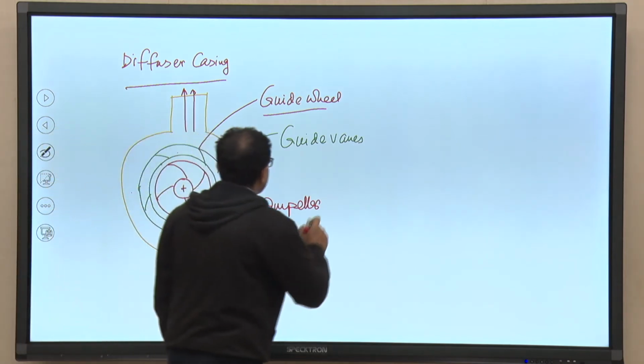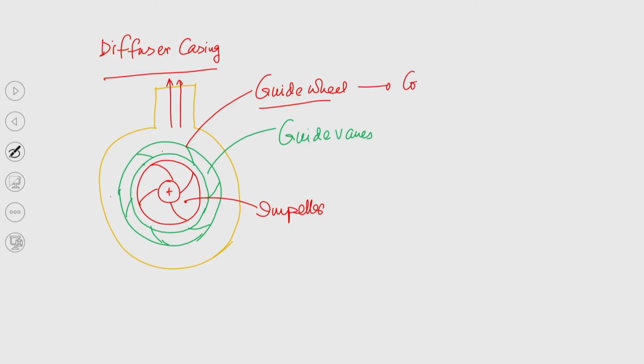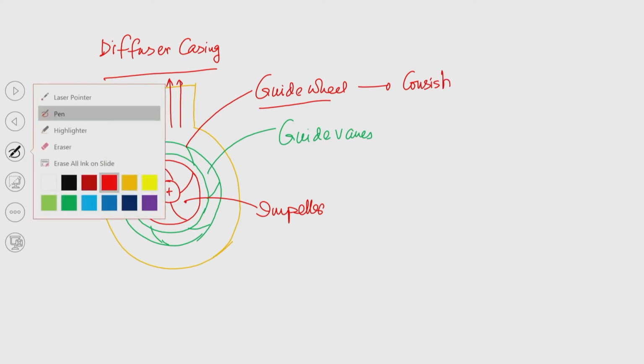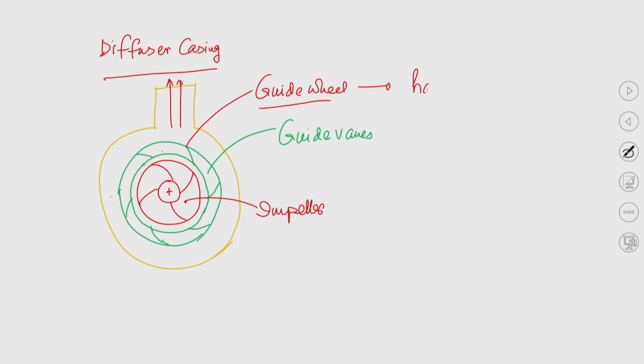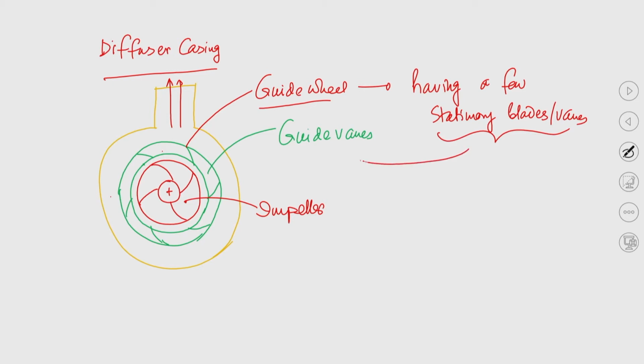I am writing guide wheel is having a few stationary blades or vanes, right, and these stationary blades or vanes are known as guide vanes. Okay. Now, that is the thing we have understood, and the